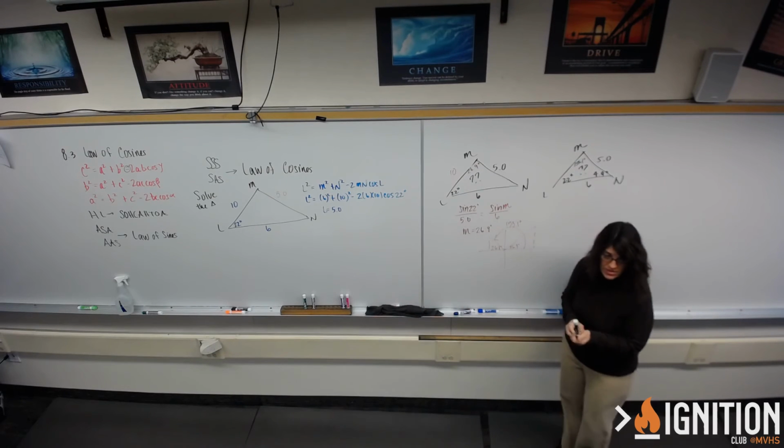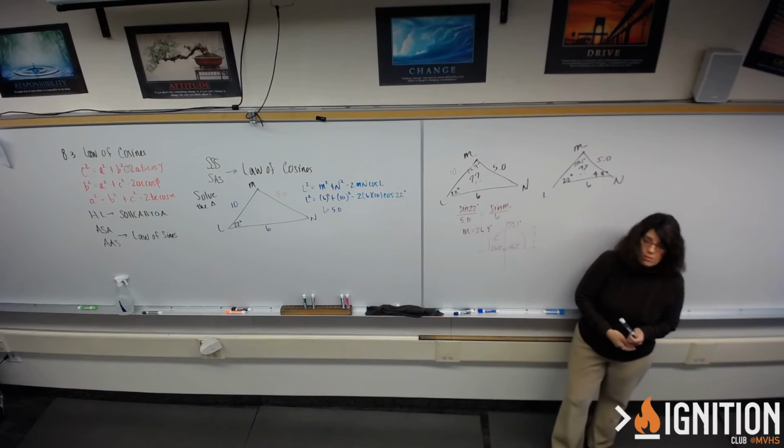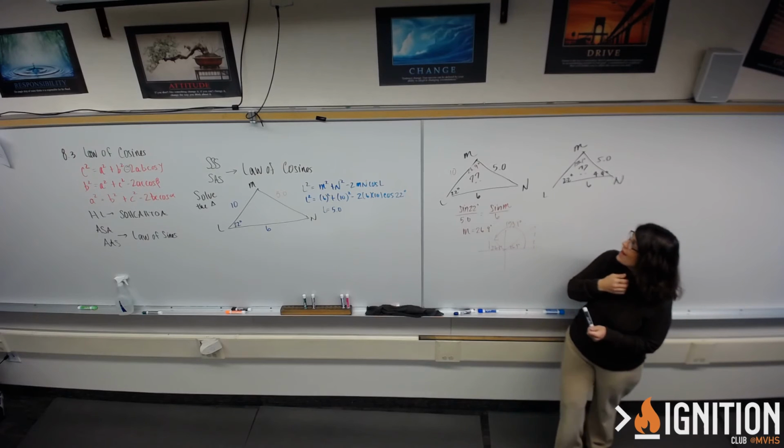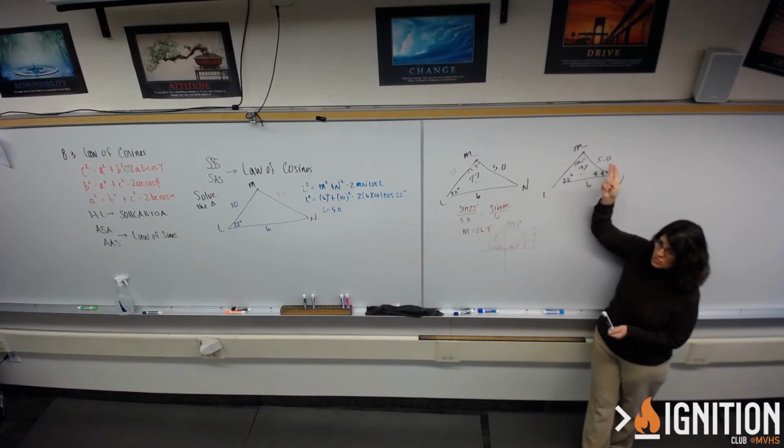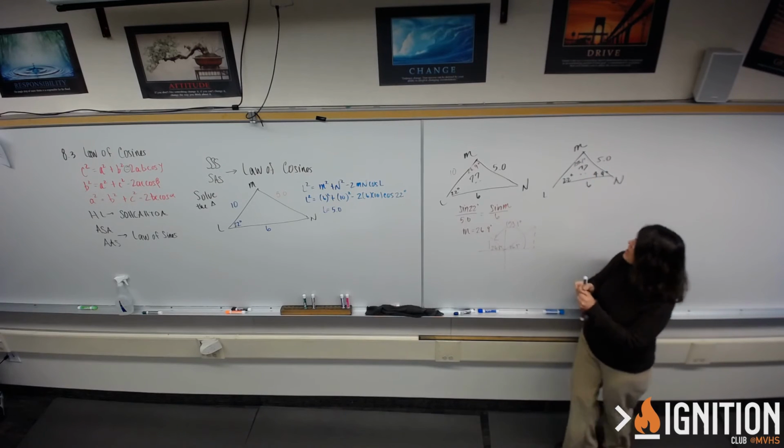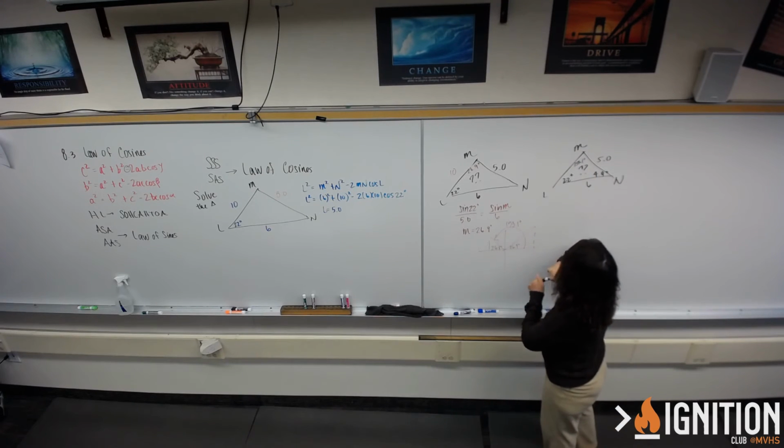Largest angle, longest side. Back to geometry. Largest angle, longest side. 22 and 5, those are opposites. 153.1, those are opposites, but